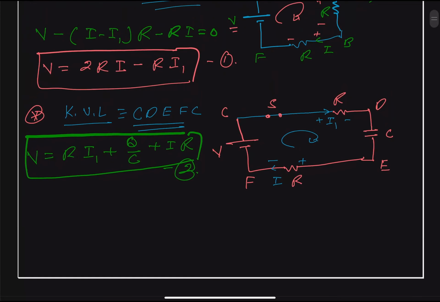So let us multiply this second equation by 2, and we get 2V is equal to 2R I1 plus 2q by C plus 2R multiplied by I. Okay, and let us call this equation number 3. We multiplied this equation by 2. Now we can simply subtract them, and 2R and 2R cancel out. So we can say that from equation 3 and 1,